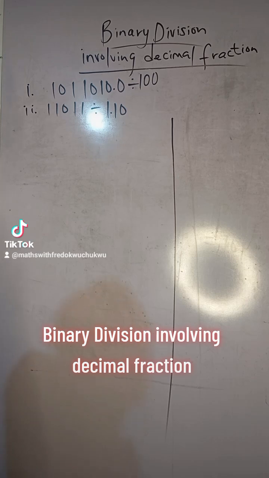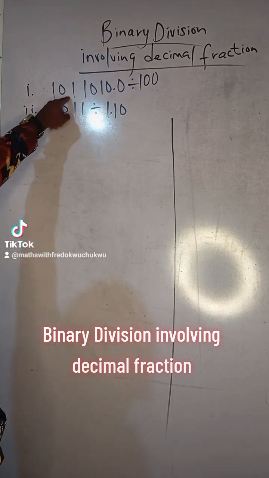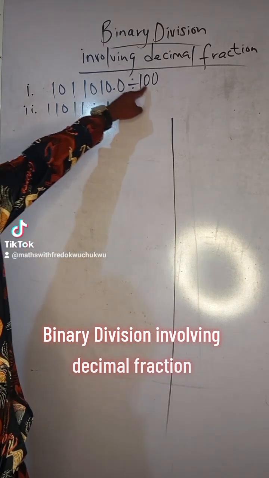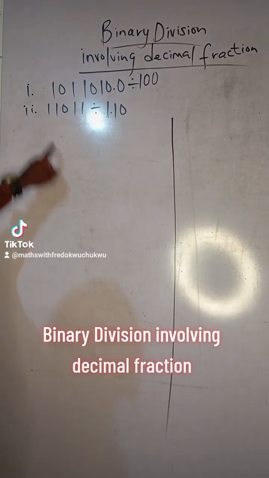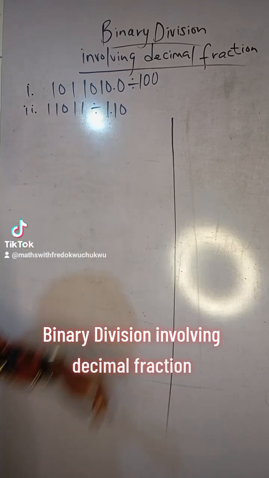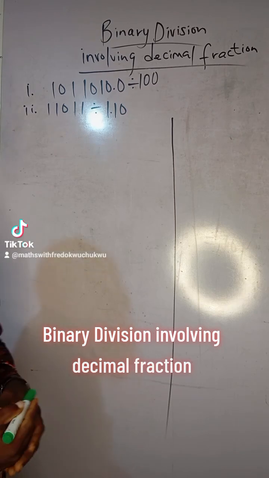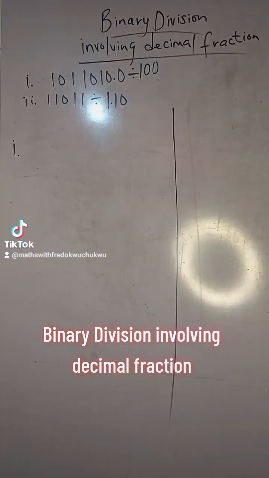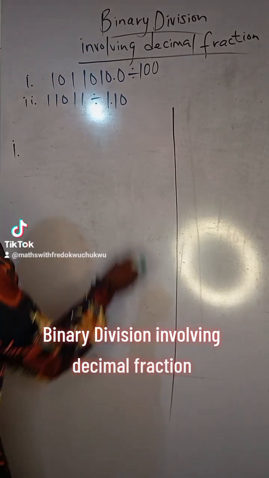The first one, you notice that the dividend is a fractional value, while the divisor is a whole value. In the second one, the dividend now is a whole value, while the divisor is now a decimal value. So I'll solve these two cases one at a time. Okay, the first one we have